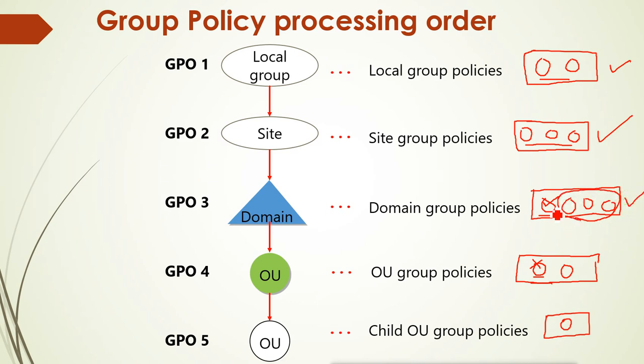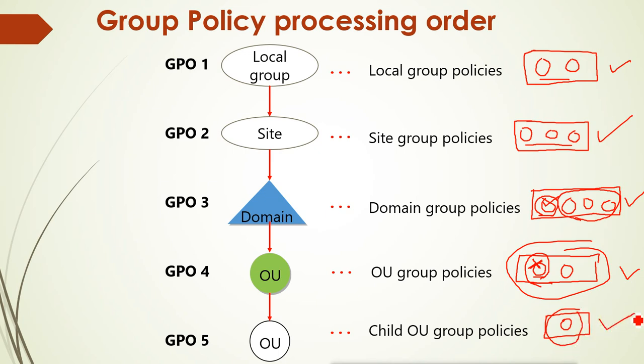Then after that, the fourth policy would apply, but at the next level it is going to apply the OU policy. So this enable becomes the disable. So the next level policy will be applied. That means this enable becomes the disable, so we can say this is not going to apply. It is going to process but not going to apply because it is conflicting with this other policy. So the next two policies will be applied. And then the last one is also not having any conflicts, so it is going to be applied.